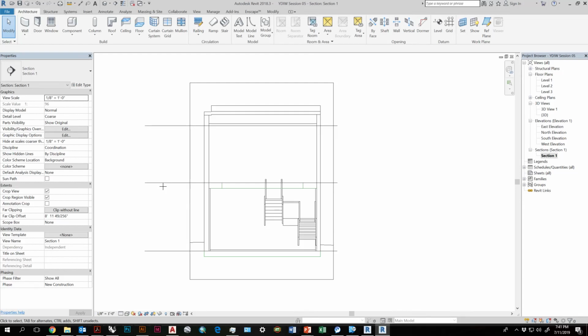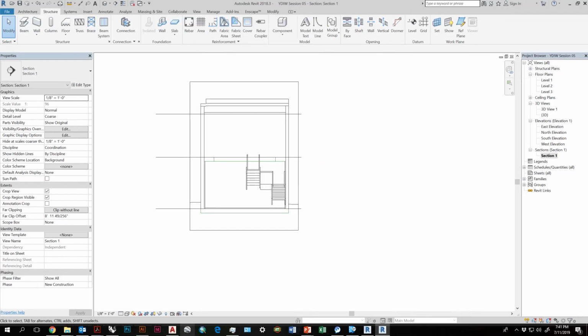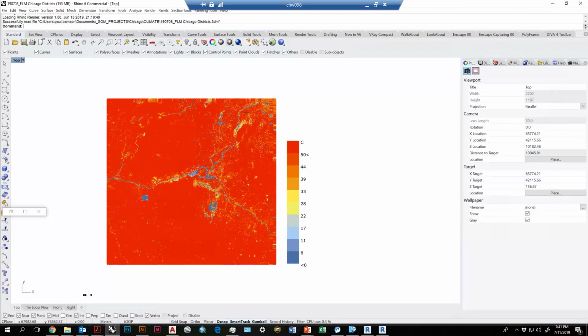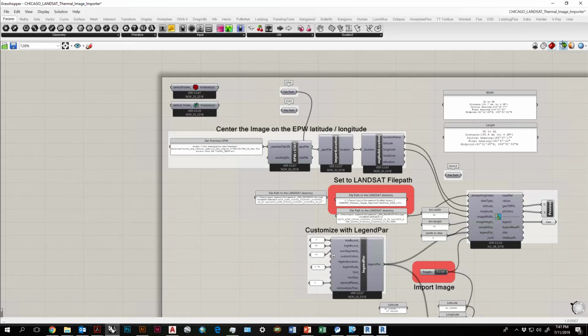You can bring in elements from within Rhino, import them as SATs, and then have those SATs work for you here. Actually, you should be able to do that. I do have a couple Rhino files I can import. So if I go over to Rhino, and this is going to be super fast, I'm going to create a, turn Grasshopper off.